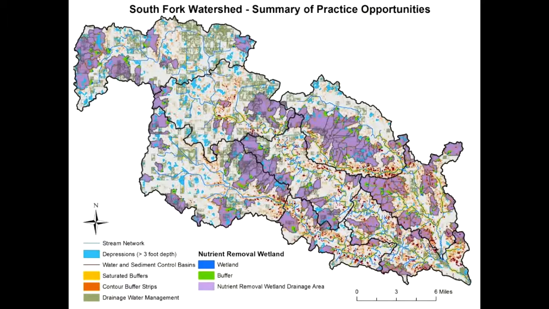Just as you would in a restaurant. You don't go into a restaurant and want to sample everything on the menu. Okay? If you put all these practices on the landscape, you'd be spending far more money than you would need to meet those water quality goals. And well along that track, those funds should probably go to another watershed to meet those goals as well. Okay, so then to use these in watershed planning,